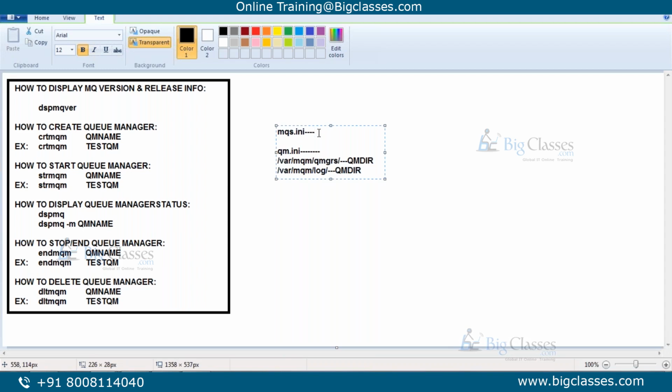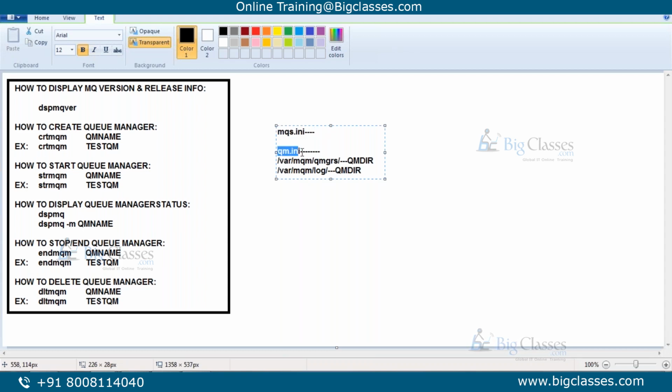It contains information about all the available queue managers on that host. Okay, so I have to go and delete that entry from there, right? Yes, if I have multiple queue managers running on it. It just contains information about what queue managers are available on that host, and nothing else.